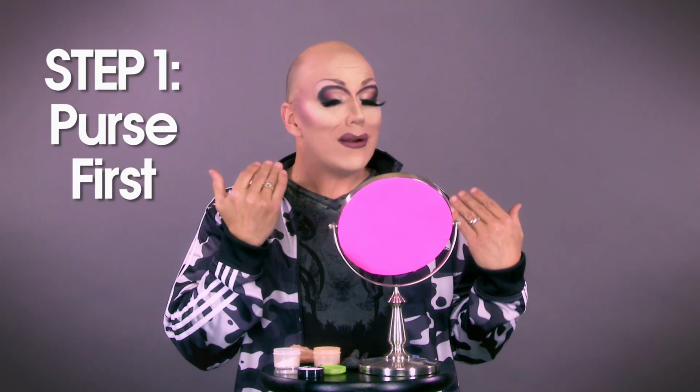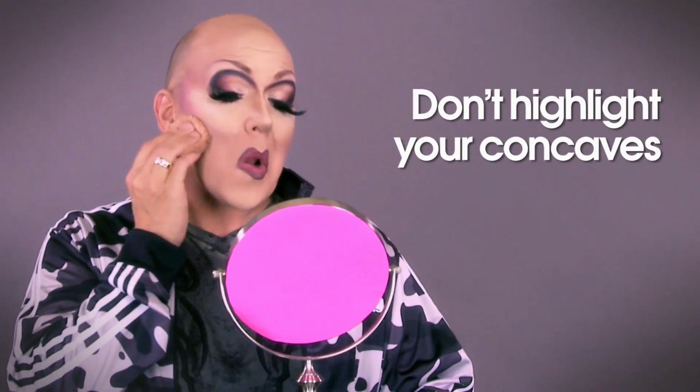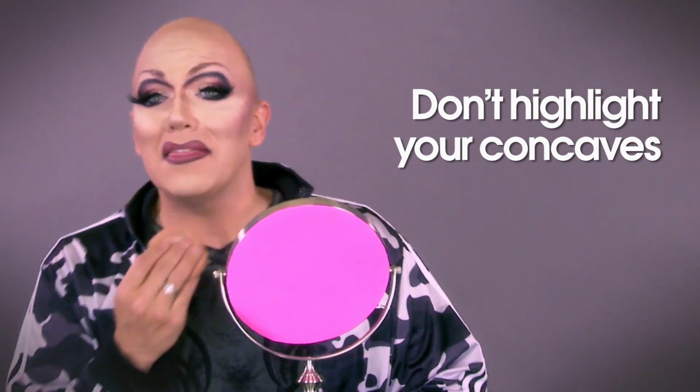There are 3 steps to this highlight process. Step 1 is deciding where it is that you want to highlight. Basically, it's not the contour section, stupid. The contour areas are the concave areas. You know, it's like where you put the blush. You don't want to highlight there. Choose places in your face that are popping out, like your cheekbones, like your lovely lady nose. And then you highlight up here on this bone, in your chin, those specific areas in your face that are